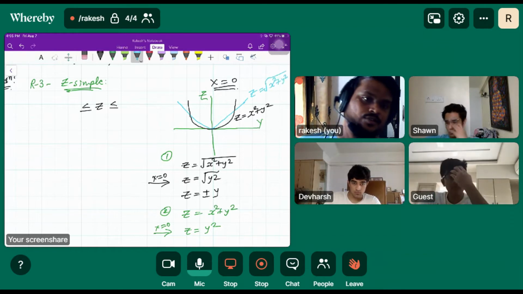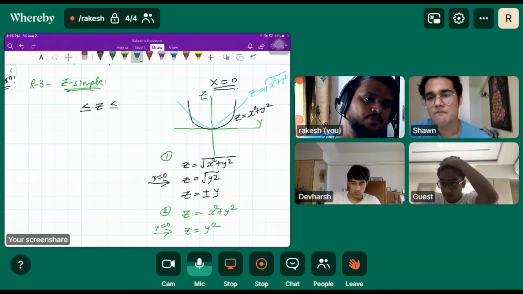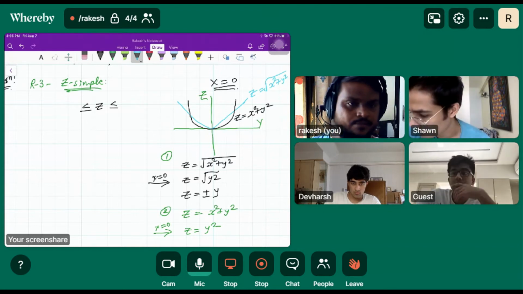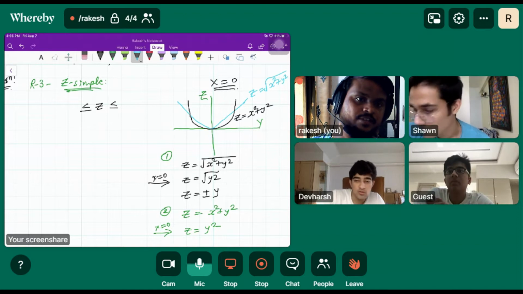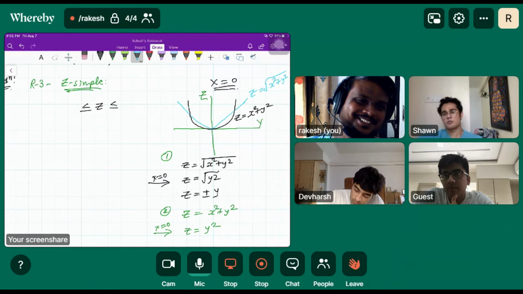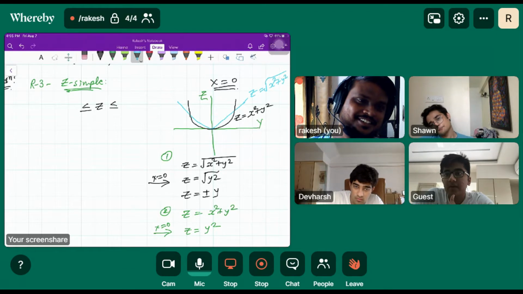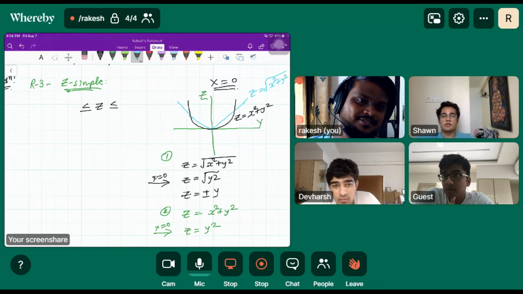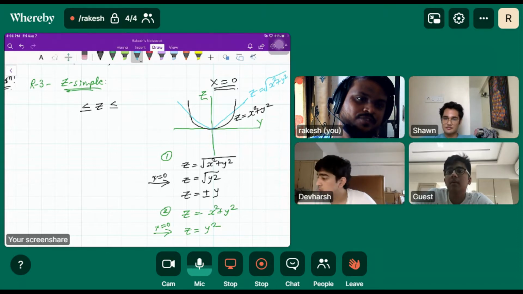Okay, so which one is the top function and which one is the bottom here? You can definitely observe by drawing the trace of the given surface on the zy plane. So Mano was saying that the root function is always at the bottom. From -1 to 1, it's on top, and then it's on the bottom. No, it's always on the bottom, because it's the area bound between them. We have to just find out the area bound between these.